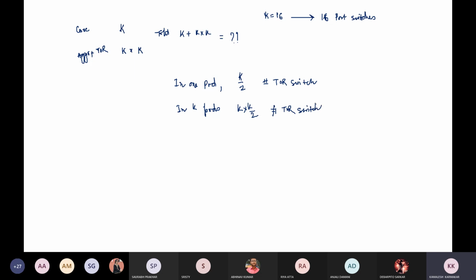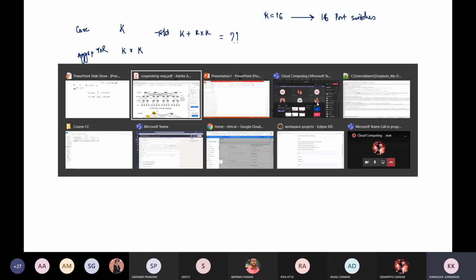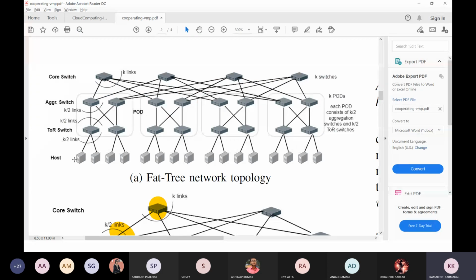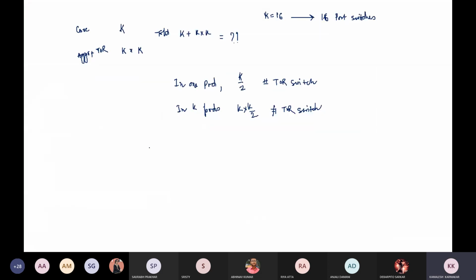Okay, now with every TOR switch, how many hosts are connected? With every TOR switch, there are k by 2 number of lanes. So with every TOR, we have k by 2 number of hosts.